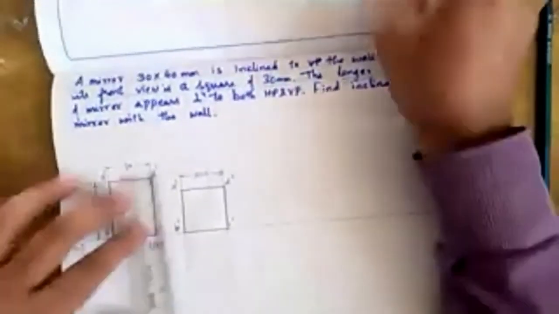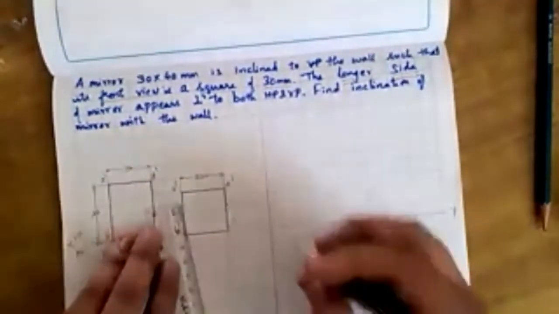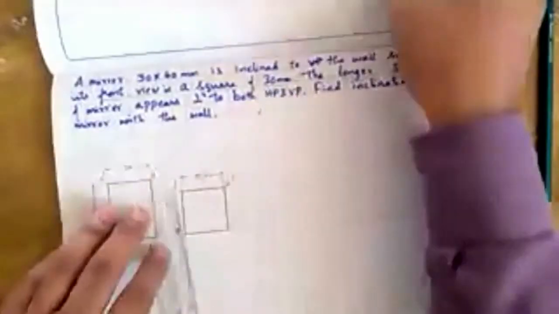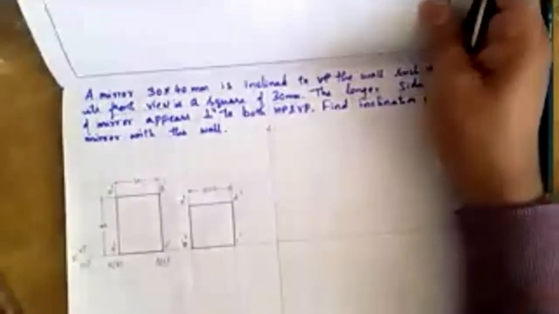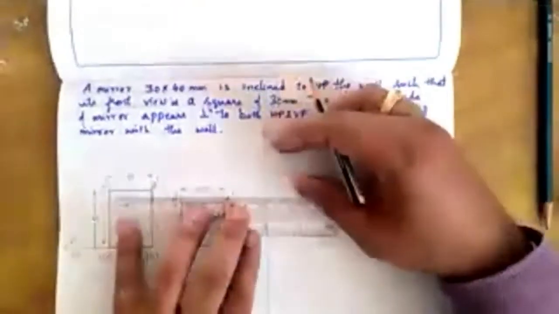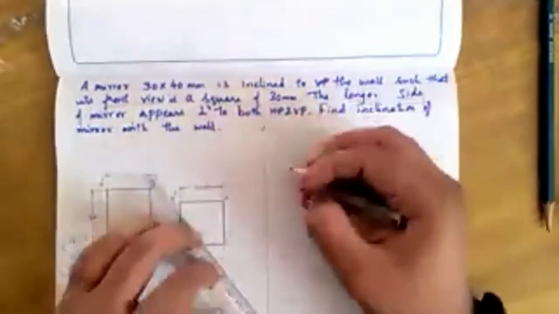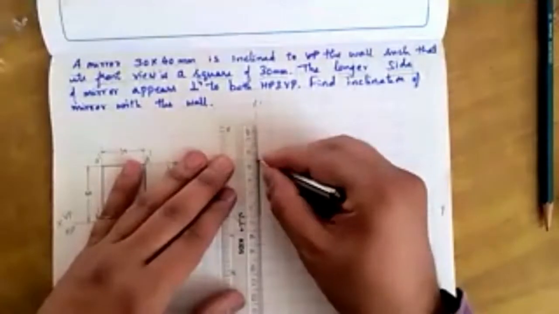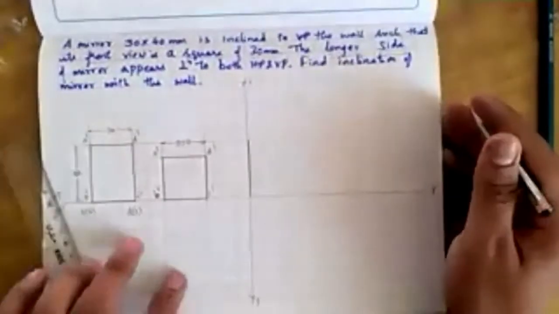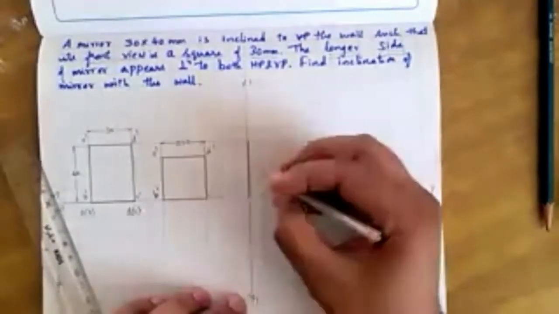So how to obtain that? I'll draw an x1, y1 line. See, in the first position, how was the mirror in the side view? Where will the side view be in the initial position? In the initial position, the side view was on the x1, y1 line. I'll make it dark. Initially, the side view of the mirror was on the x1, y1 line, and name it